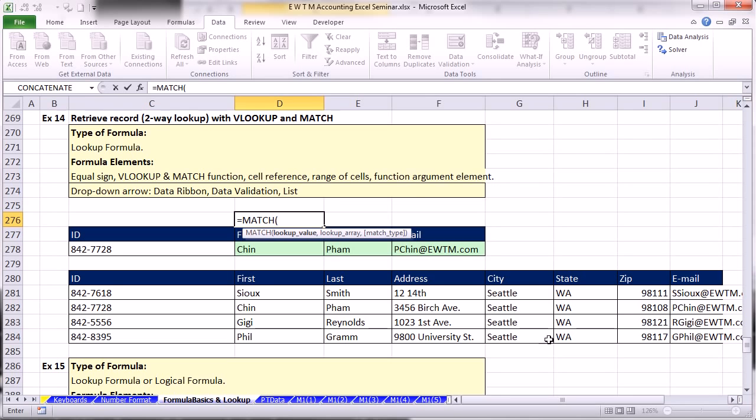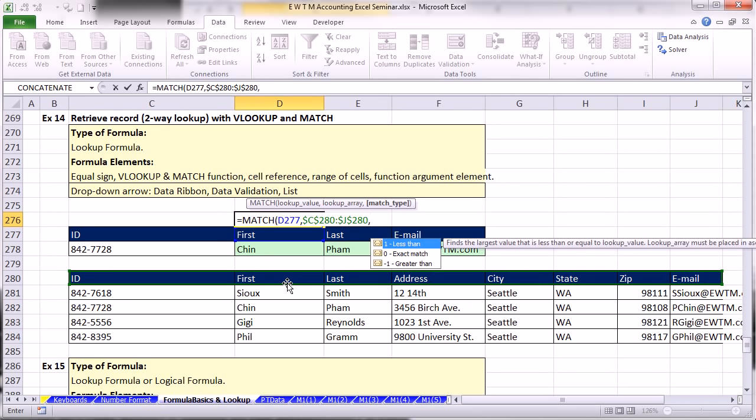It is a lookup function, but it looks something up. We're looking up the field name, comma, within a one-way array. I'm going to highlight from ID all the way to the end, only the field names, and hit F4. Now look, it's only got one dimension, meaning there's 1 row, 8 columns. So it can find the relative position. It actually looks for first, goes, hey, that's not first, but the second one is. So it will report a 2, the relative position of an item in a list, comma,